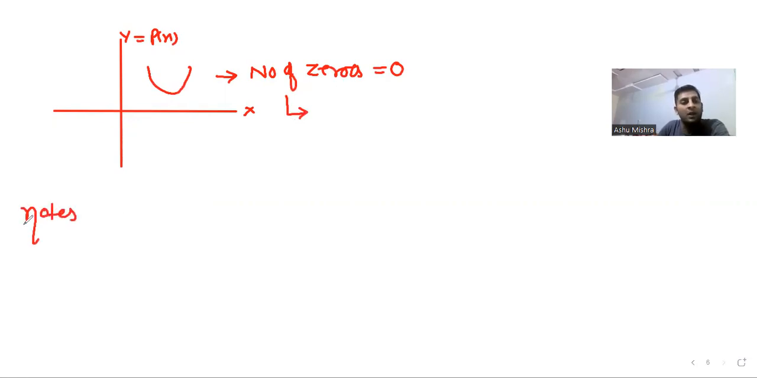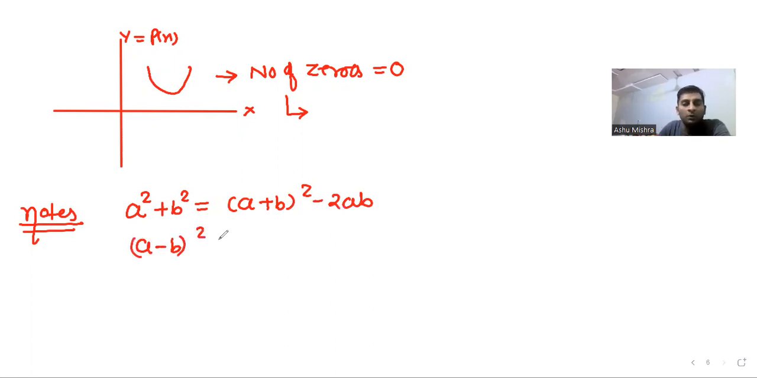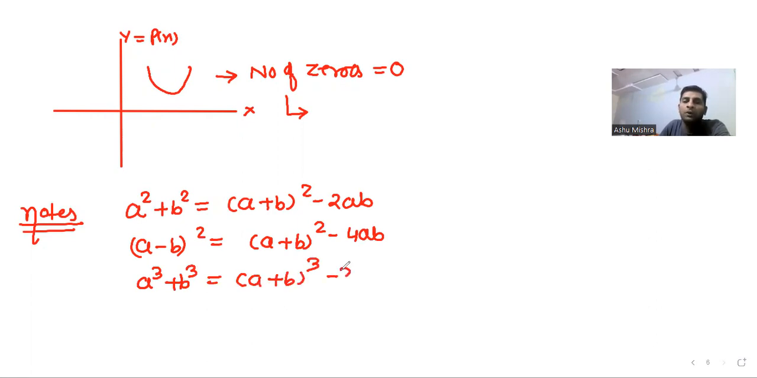साथ में कुछ बातें और याद रखनी है जब हम चैप्टर स्टार्ट करेंगे। रिमेंबर देयर सम बेसिक प्रॉपर्टीज कि a square plus b square will be equal to what, (a plus b) whole square minus 2ab. Similarly, remember (a minus b) whole square is equal to what? (a plus b) whole square minus 4ab. Remember, a cube plus b cube is equal to what? (a plus b) whole cube minus 3ab into (a plus b)। नेक्स्ट क्लास में इन सब टॉपिक के साथ टॉपिक कंटिन्यू करेंगे, तब तक आप इसको रिवाइज कीजिए। ओके।